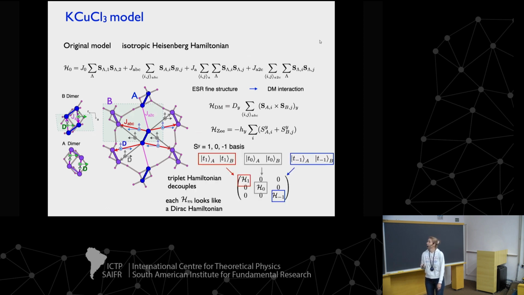And in that case, as one would expect, if we write the hopping Hamiltonian for the triplets to describe their dynamics, we still have a U(1) symmetry, because we just have one axis. We selected the Y axis, or the B axis, in the system, so that means there is still a U(1) symmetry, and then the S_Y = +1, 0, and -1 triplets are completely decoupled from each other. So we have these three Hamiltonians that are completely decoupled, and we can diagonalize them separately, and they all belong to different S_Y sectors of the triplets.